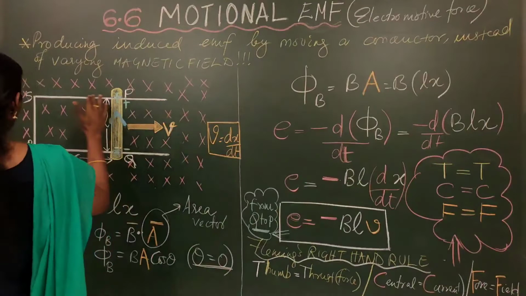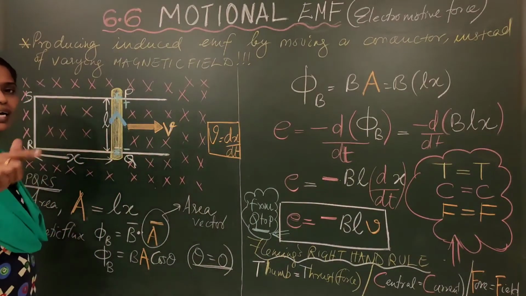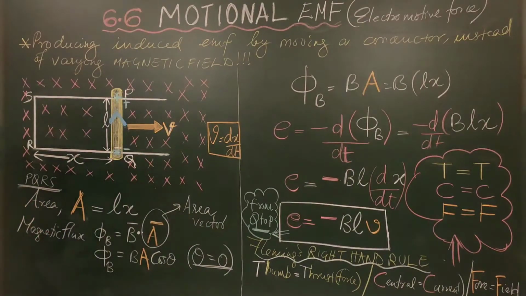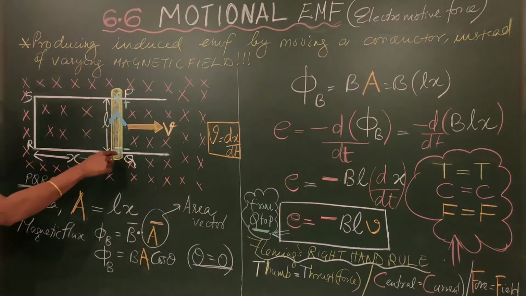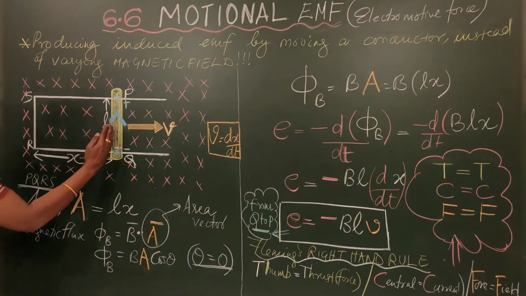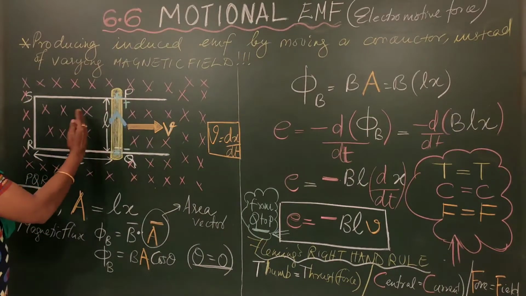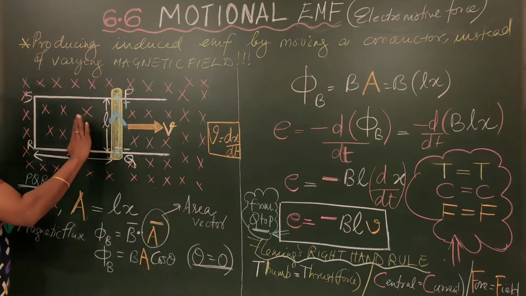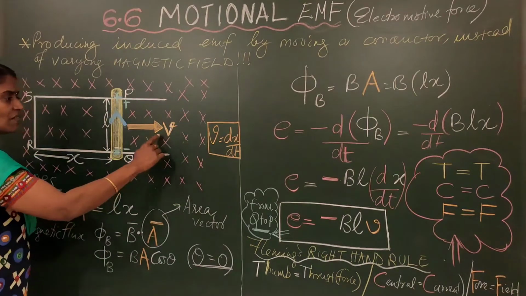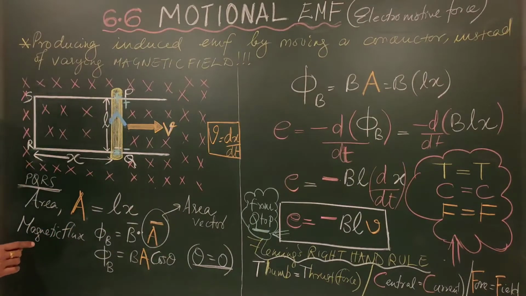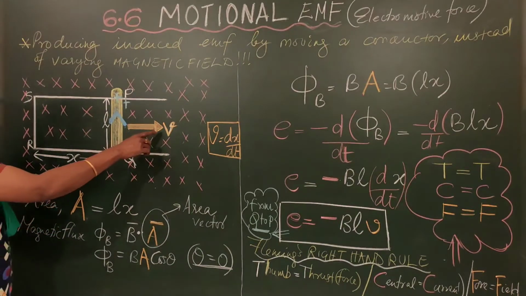So here you have a wire in the form of a rectangular loop. The shape of it is PQRSP. So the four sides PQ, QR, RS, SP, of which PQ is a conductor placed over the wire which is free to move, and we are moving gradually to the right with a velocity small v. You are moving it to the right with a velocity small v.